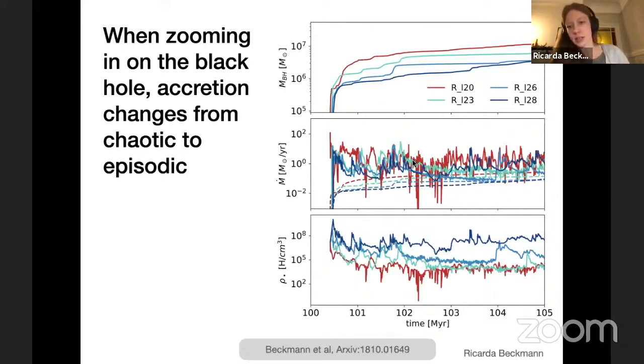And that's because on the scales we're resolving, every time a gas clump enters the center of the galaxy where the black hole is, it's immediately accreted by the black hole, the accretion rate jumps up, and then as the gas is gone, the accretion rate jumps back down until the next clump enters the center of the galaxy. But you will notice that in the higher resolved simulation, this is not true. We tend to get these more extended, longer spikes followed by long, low periods where the accretion rates drop much lower.